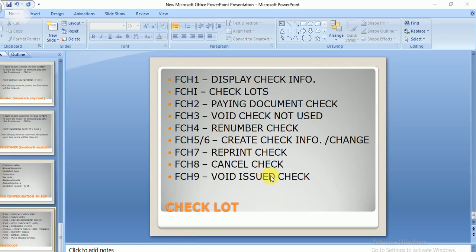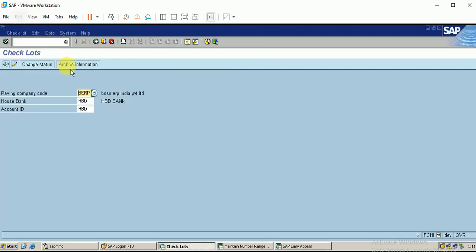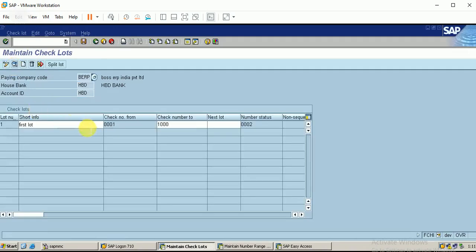So let me go into the configuration. First step is FCHI. I enter my payment company code, house bank and account ID, click enter, and click on this pencil symbol. Just leave this first entry. I have created the